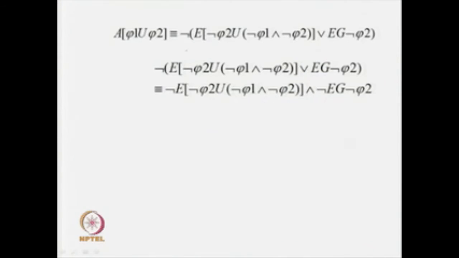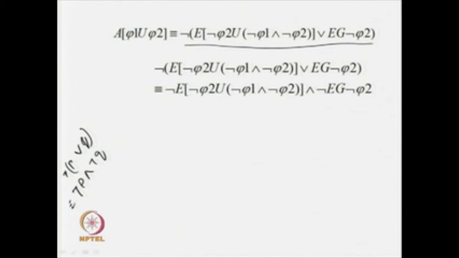Okay. Now, look at the right hand side, these particular things over here. This right hand side expression can be written in some other way. What we are doing basically is simply using De Morgan's theorem on that expression in our right hand side. We know that De Morgan's theorem says negation of P or Q is equivalent to not of P and not of Q. So, we are using this De Morgan's rule on this expression. So, what are we getting?